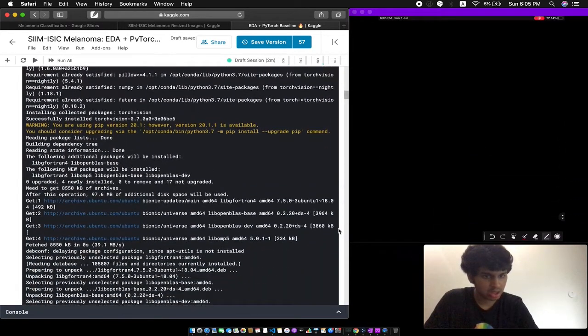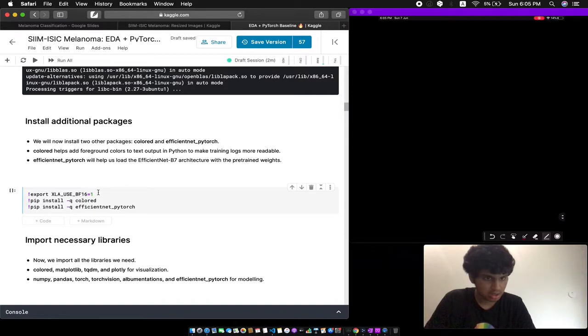Now the next step is to export XLA_USE_BF16. What this does is enable PyTorch to use the bfloat16 data type while training models. When Google came up with the TPU, one of the key innovations was the bfloat16 data type for machine learning models. A data type as intense as float32 has a lot of representational capacity, but it has a lot of overhead in terms of computation.